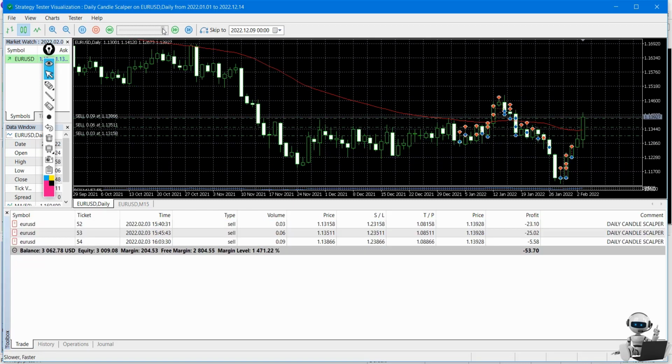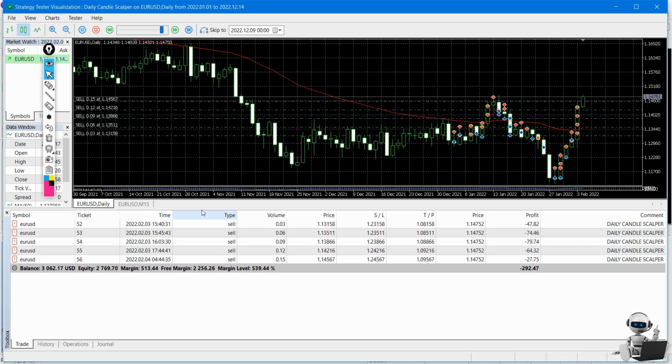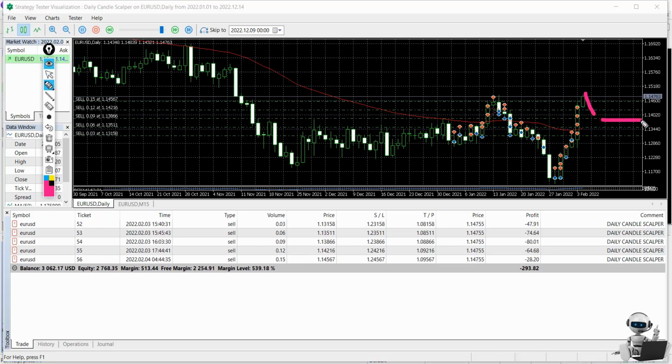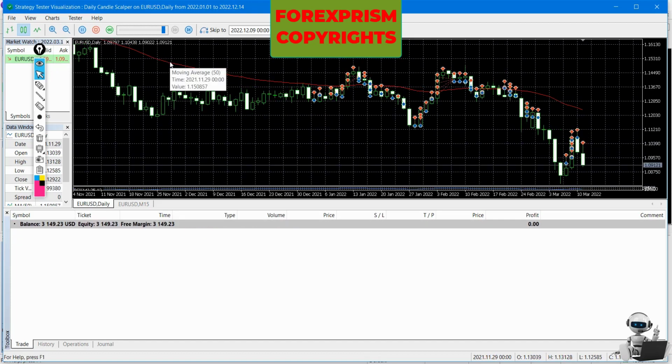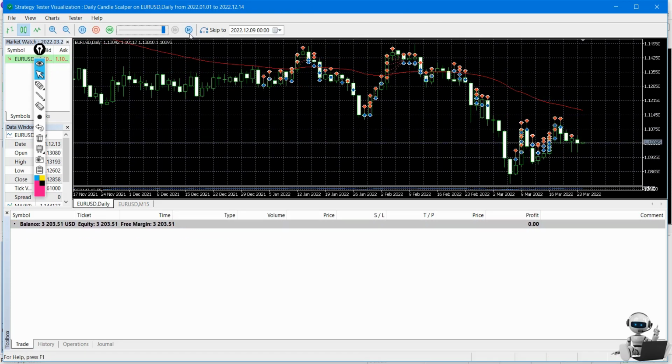So let us show another example. We have another sell, and yeah, you can see it keeps opening and increasing the lot size. So it is a semi-martingale, and when the price hits back, it will close, I believe, near this zone and it will give you the profit. So I will skip it and show you the backtest result and analyze it.